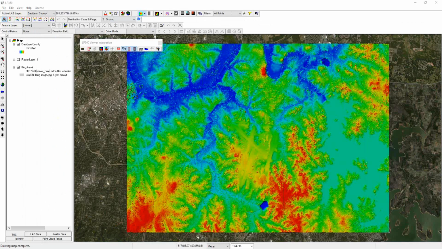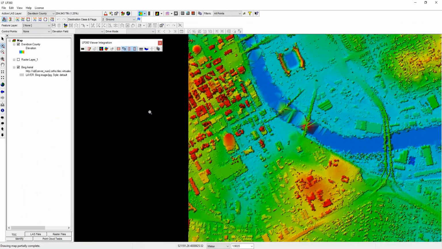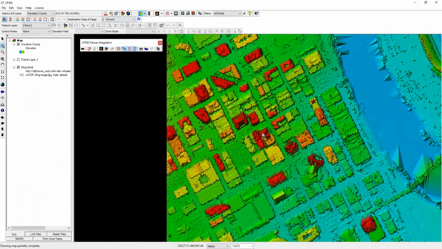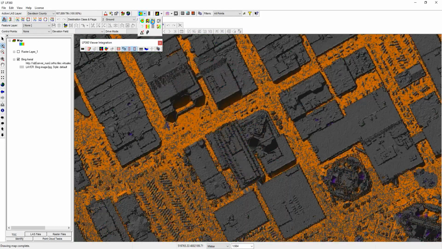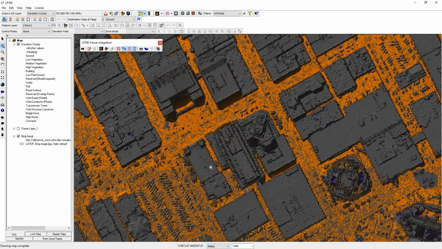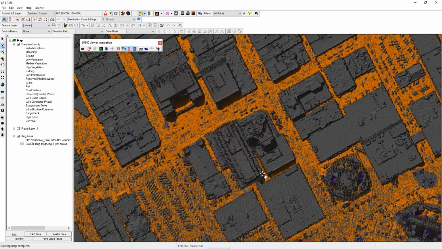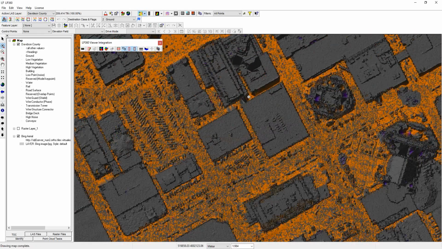So I'm going to zoom in. I'm going to go back to downtown Nashville. It's kind of a nice area to work with. So we'll zoom back in here. Okay, and I'm going to switch back to my classification view. So I can see that I've got unclassified data. I can see the building roofs, of course, here, and these are actually cars in the parking lot and so forth. But if I drop a profile,